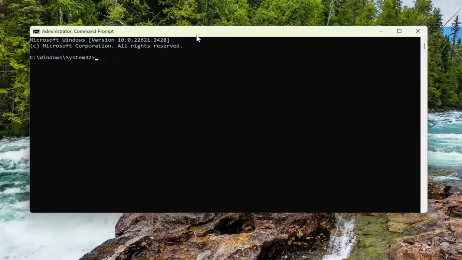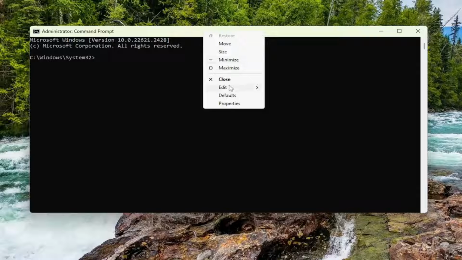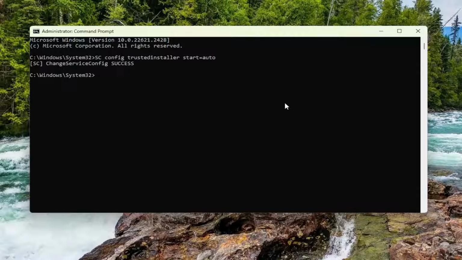Starts with the letter S and then C. And go ahead and copy that and then go up to the top bar of the command prompt window here. Right click on it, select edit and paste that in. And then once it says success, you want to go ahead and check for updates again and see if that